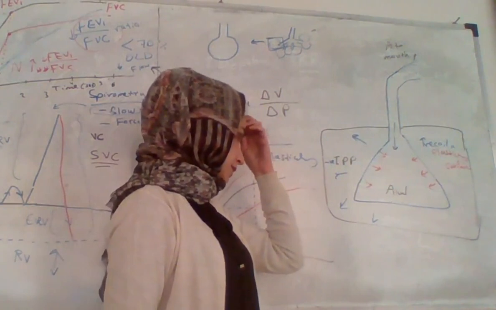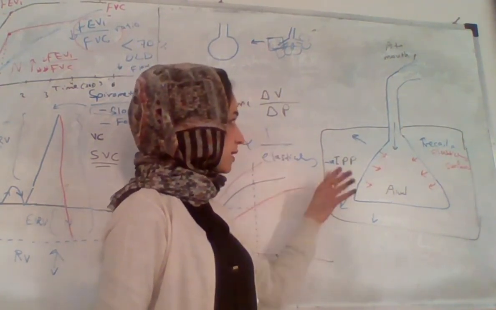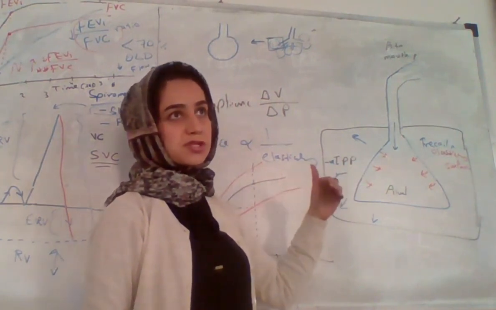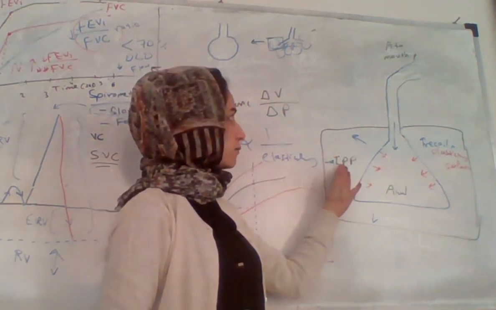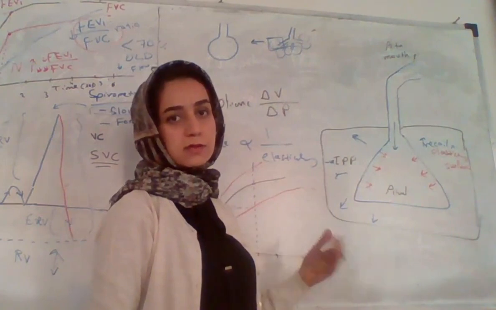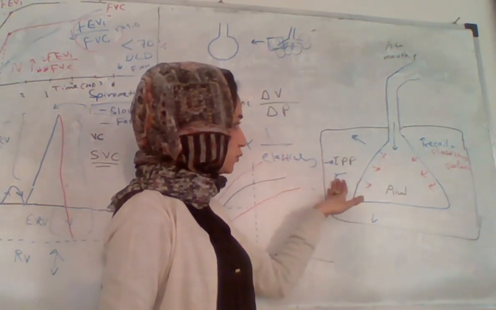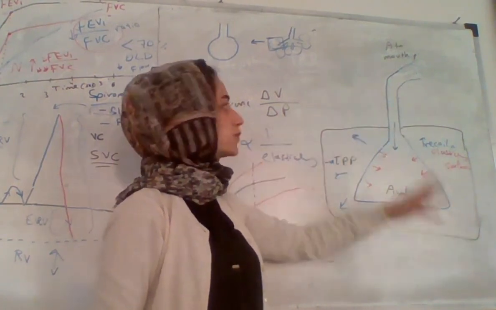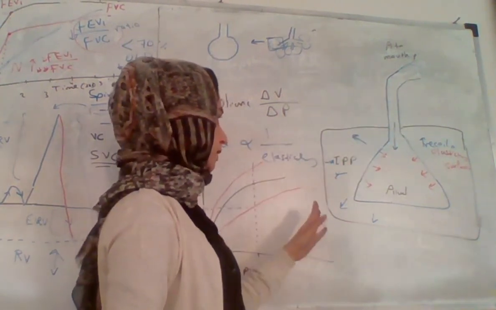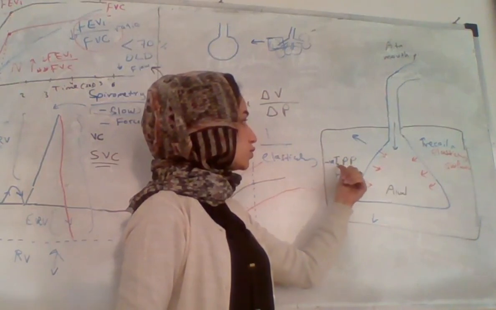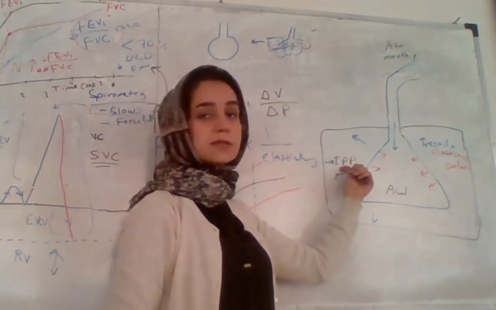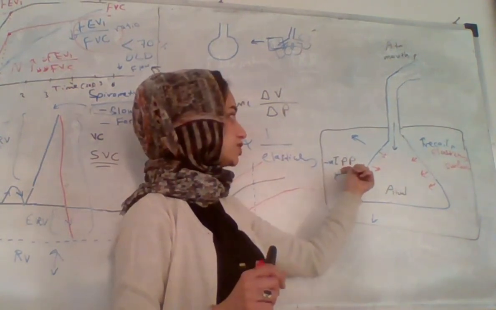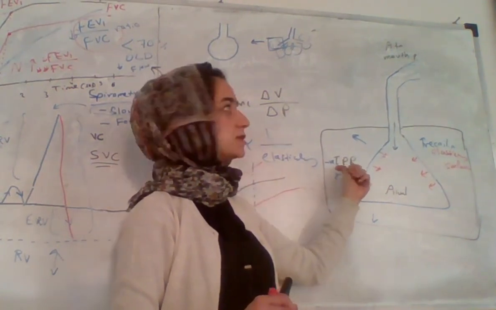You can see that in some questions it will ask you what is the pressure inside, or which one is the highest or lowest. These pressures are in the pleura, in the alveoli, and the mouth pressure, because these pressures are important for movement of air. If it asks you which one is lowest, of course, if the question says pleural pressure, pleural pressure of course is the lowest one